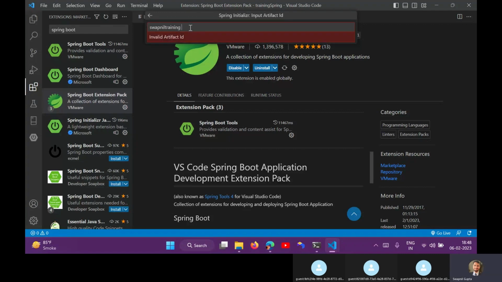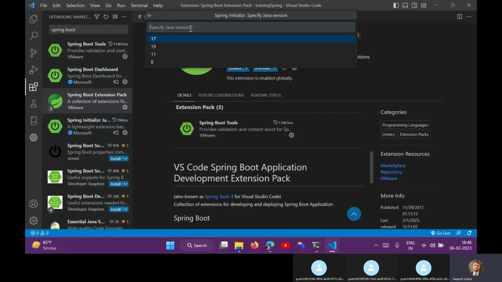Let's call it training project. Yeah, this is possible. So training project, choose jar file, choose your Java version.